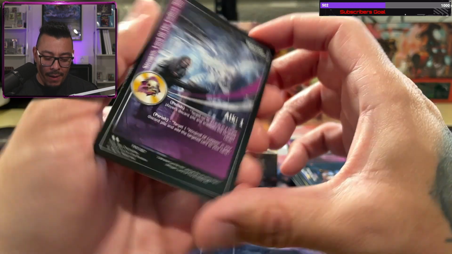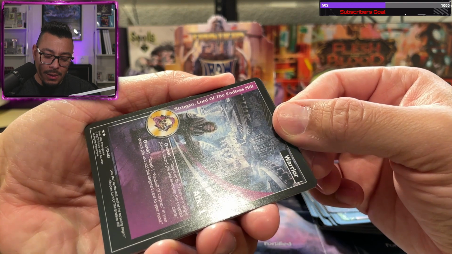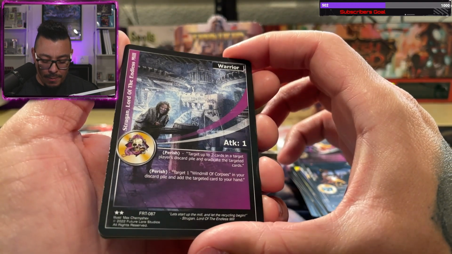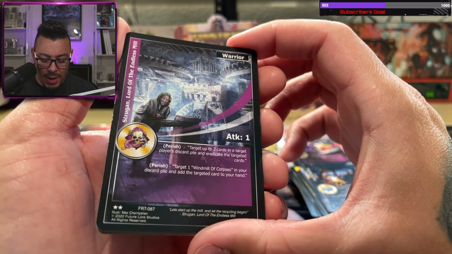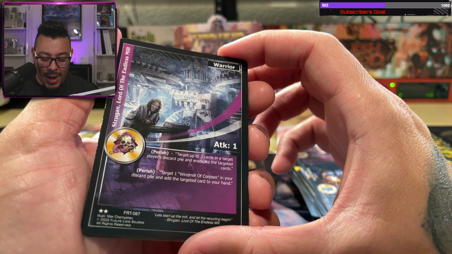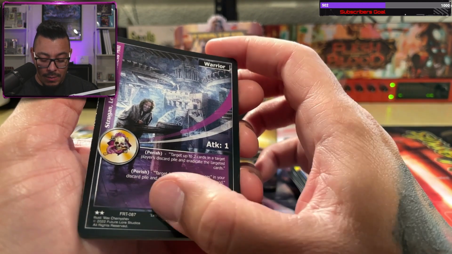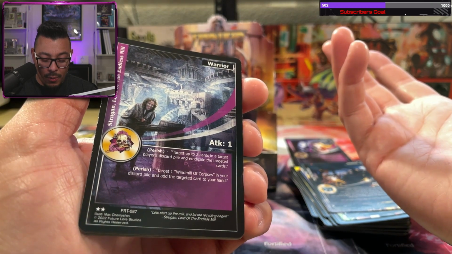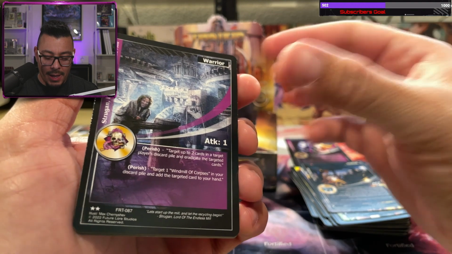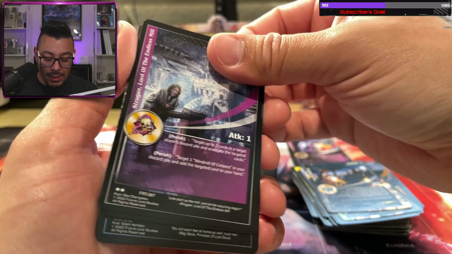So we have a Strugan, Lord of the Endless Mill. Warrior, attack 1, perish. Target up to 2 cards in target player's discard pile and eradicate the targeted cards. Perish. So it has 2 perish abilities. Target 1 Windmill of Corpses in your discard pile. Add the targeted card to your hand. Really depends on what the Windmill of Corpses does to see if...